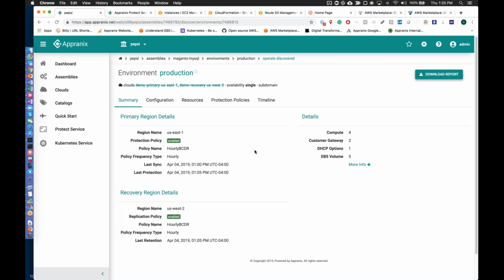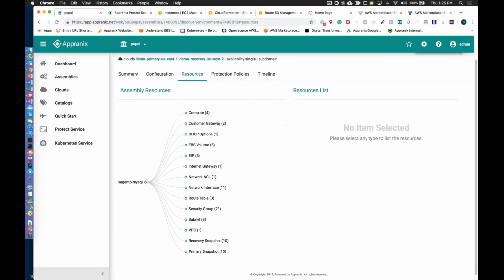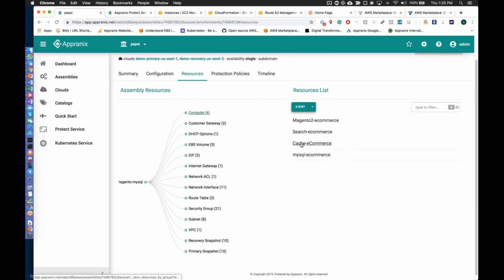In this particular assembly, if you look at the resources, as I mentioned, you start with just 4 computes, but Optronics goes and discovers all the resources necessary for creating the application resiliency.